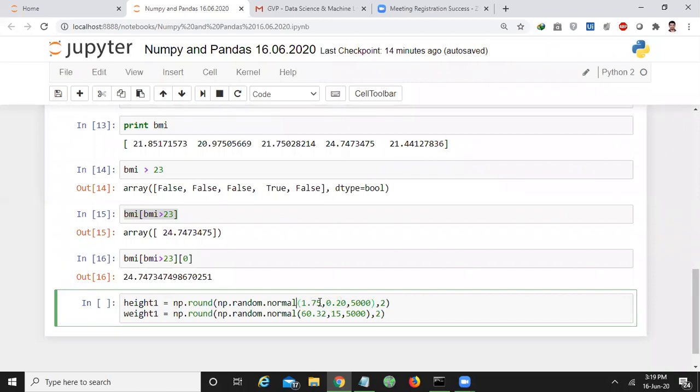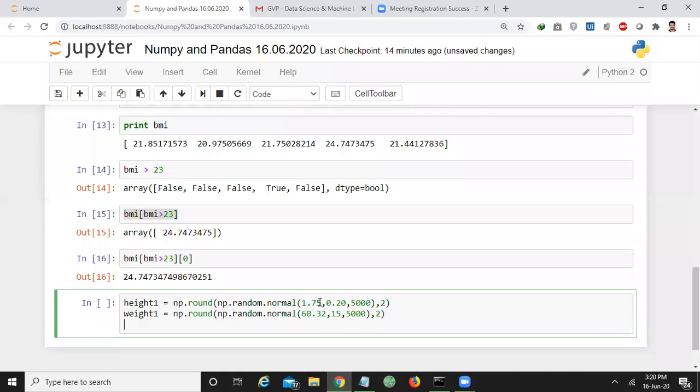By maintaining this distribution mean as 1.75 and 0.20 as the standard deviation, it will create 5,000 samples, and each sample will be rounded to 2 places.